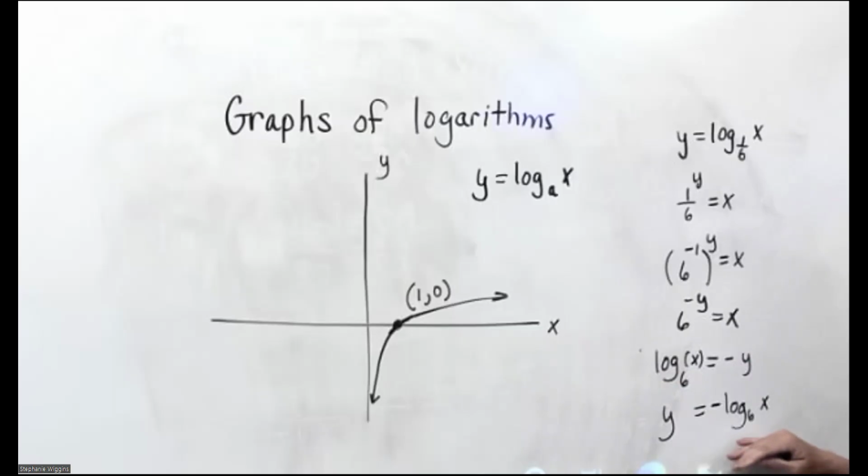Now that I have it in this form, notice when you go from this form to this form, you get an extra negative out front there. By flipping the base, instead of 1/6 and writing 6, I have a negative. This means that I'm going to reflect across the x-axis. So if I graph this function,